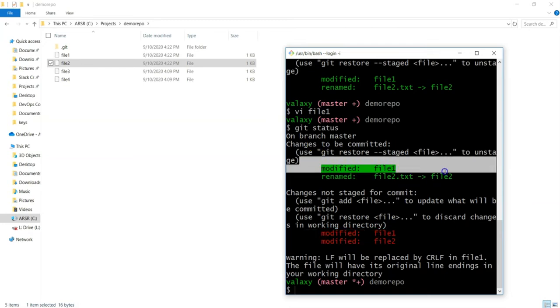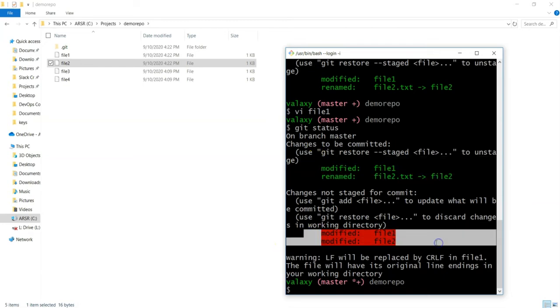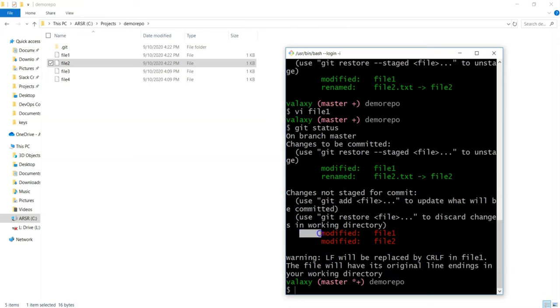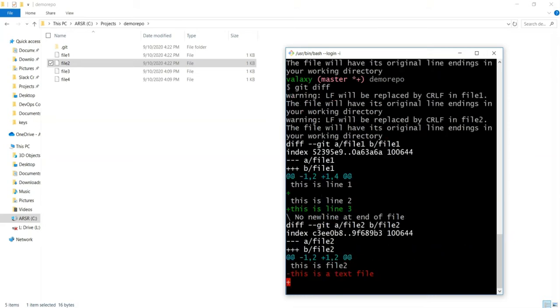Now how can I compare these 2 files? These are staging area files, and these are working directory files, right? For that we can use a command called git diff. What does it do? It is going to take the staging area files and the current working directory files, and we'll see what changes we have done. To better understand, just think that this is version 2, because version 1 we have already updated in our local repository, and think that this is version 3. So now you can use the git diff command, and we'll see what output we get.